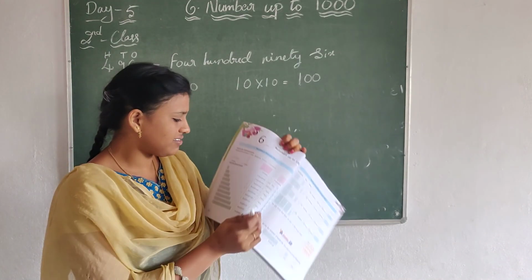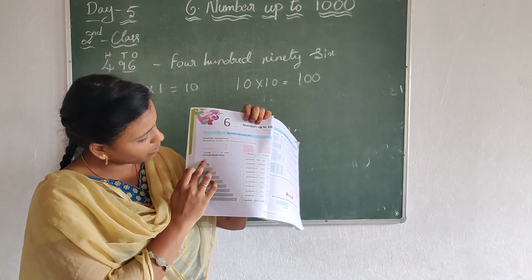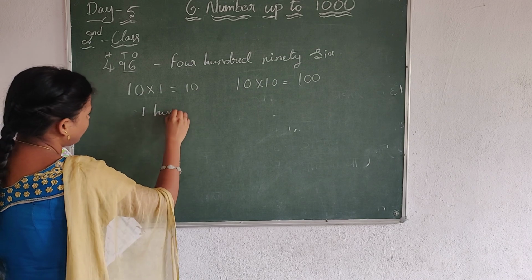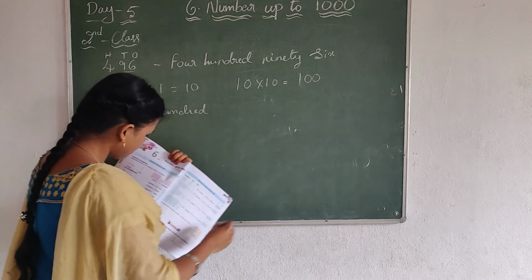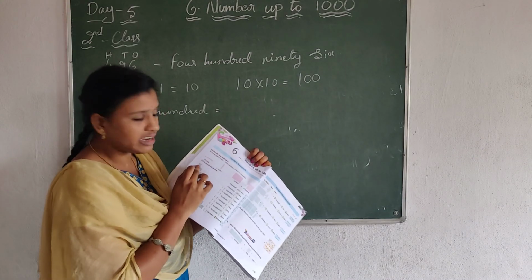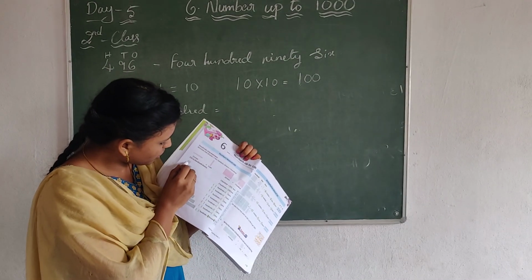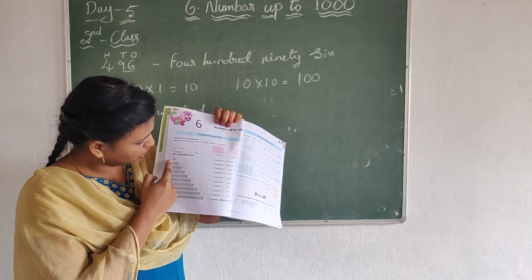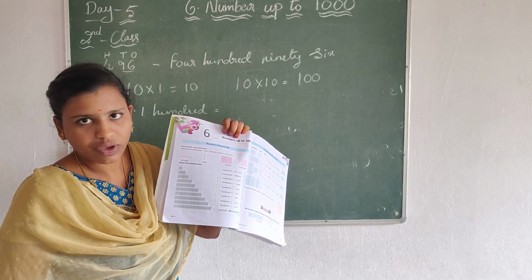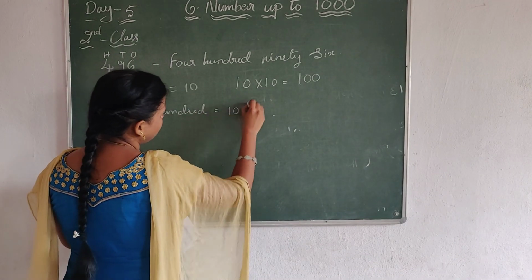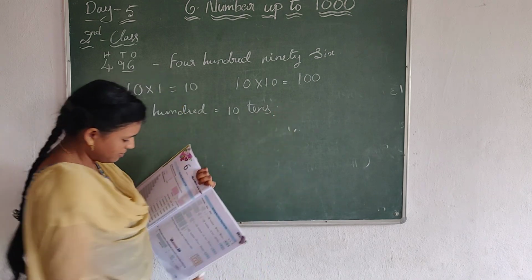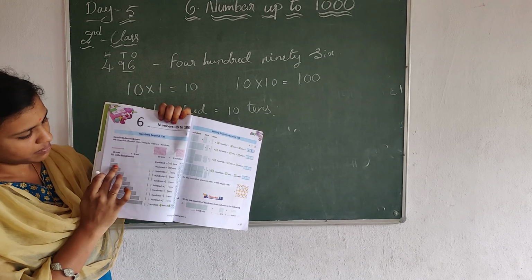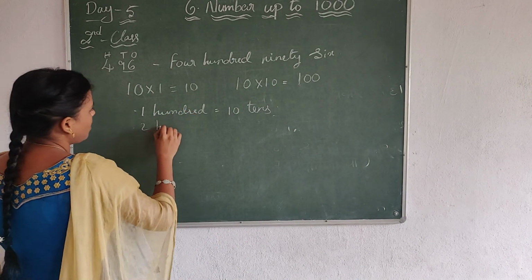Okay, like that. See here, fill in the blanks. How many 100 boxes are there? 1 hundred box. So 100 equals how many tens will be there here? 1, 2, 3, 4, 5, 6, 7, 8, 9, 10. Consider each column is one ten. Like that, how many tens are there? 10 tens. See the second one. How many 100 boxes are there? 2. So 200